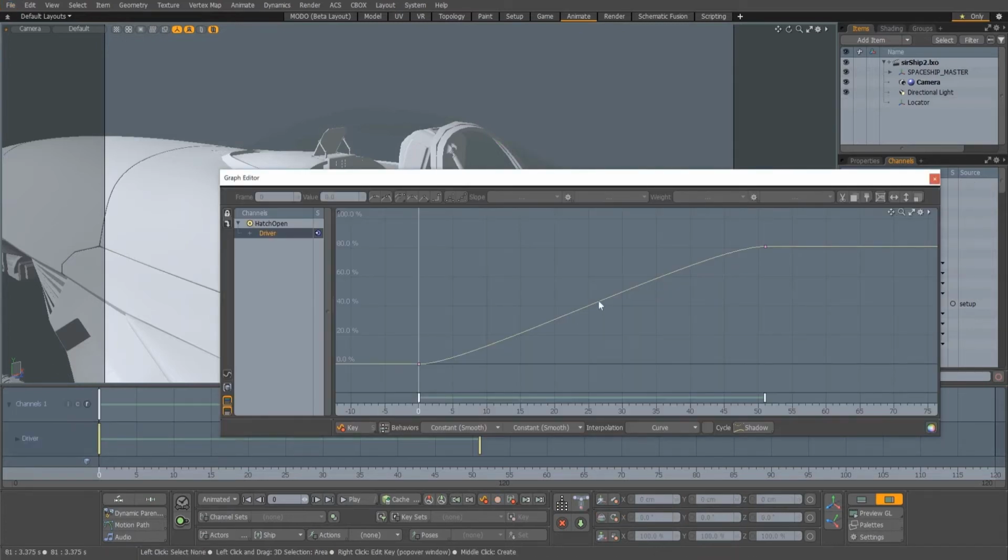MODO now has a new default key slope type. The smooth flat slope automatically adjusts the tangent handles of a key when the key is moved, so that the incoming and outgoing curve remains flat relative to any adjacent keys that it's level with. This results in a much smoother interpolation between keys, and will vastly reduce the amount of key adjustment required whilst